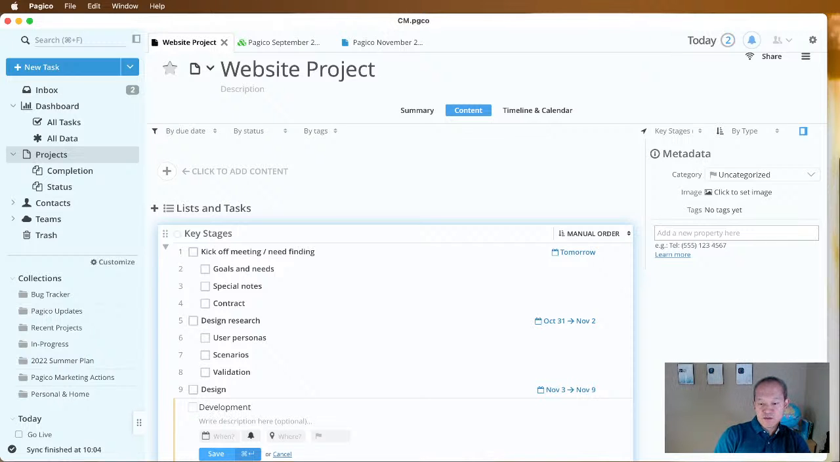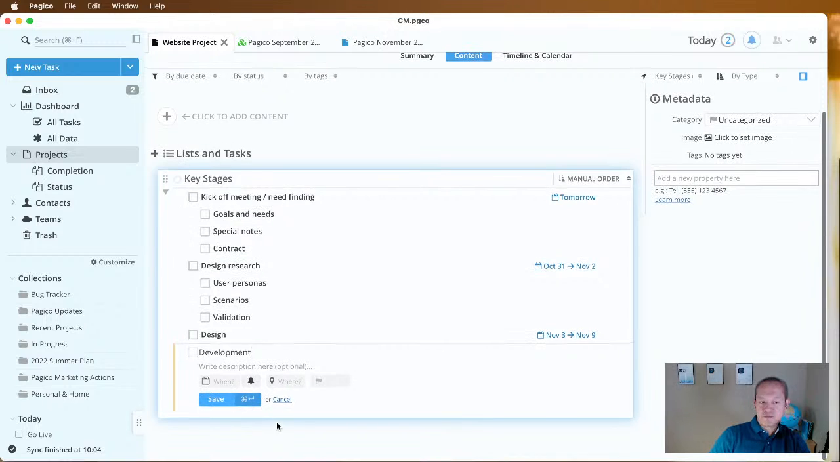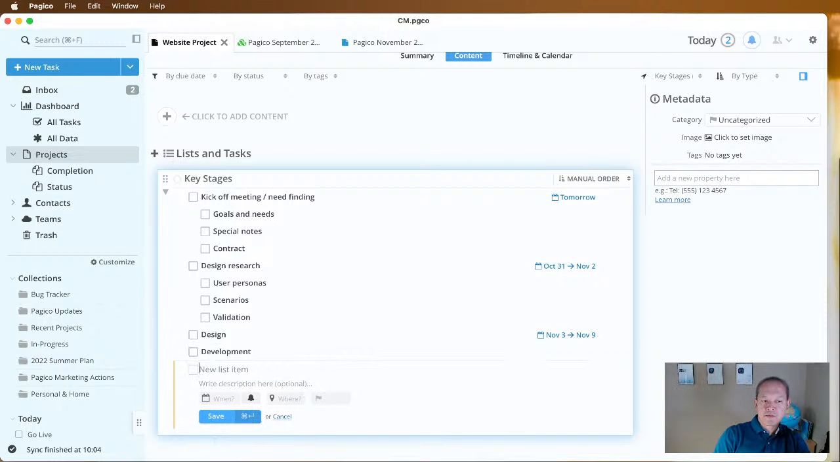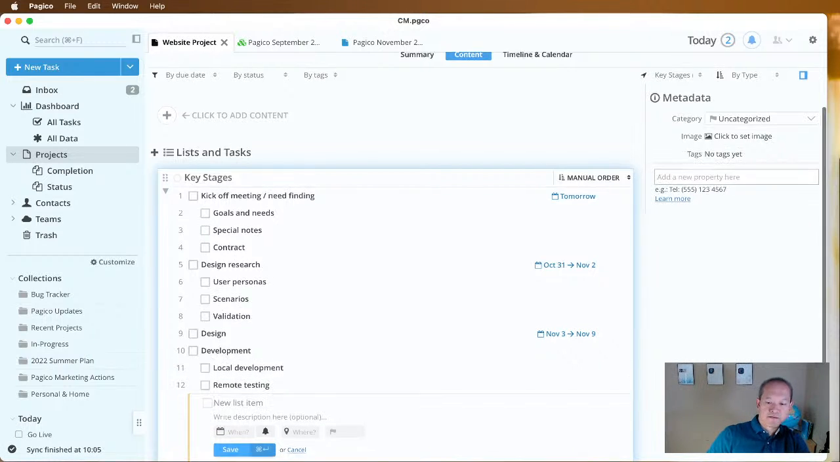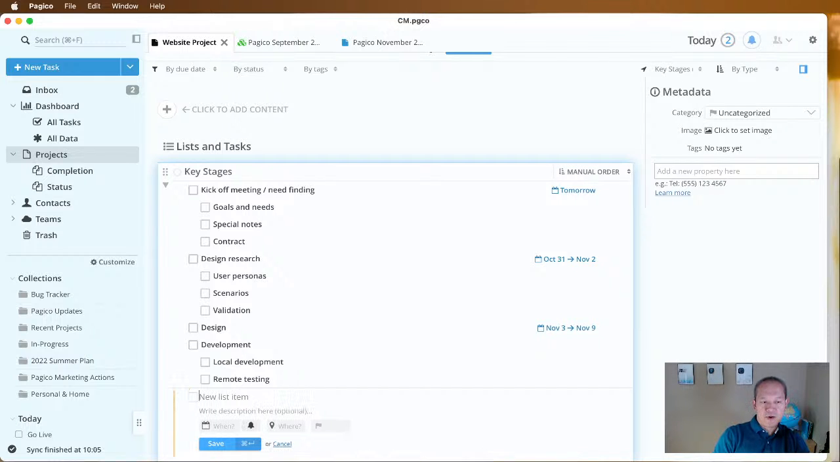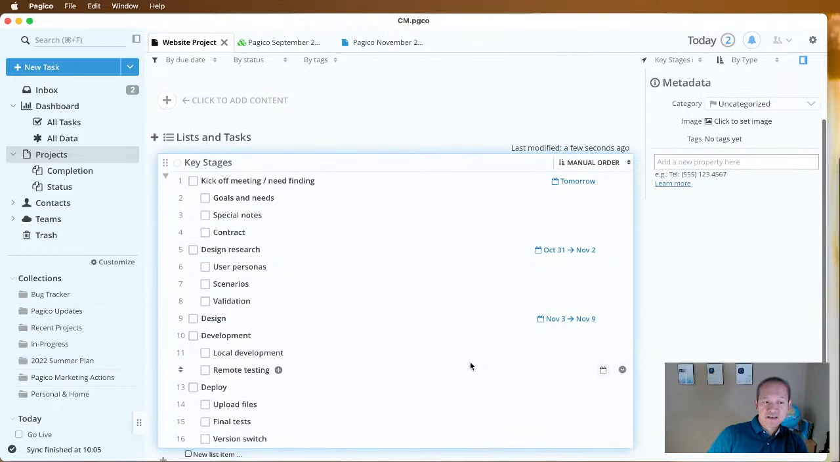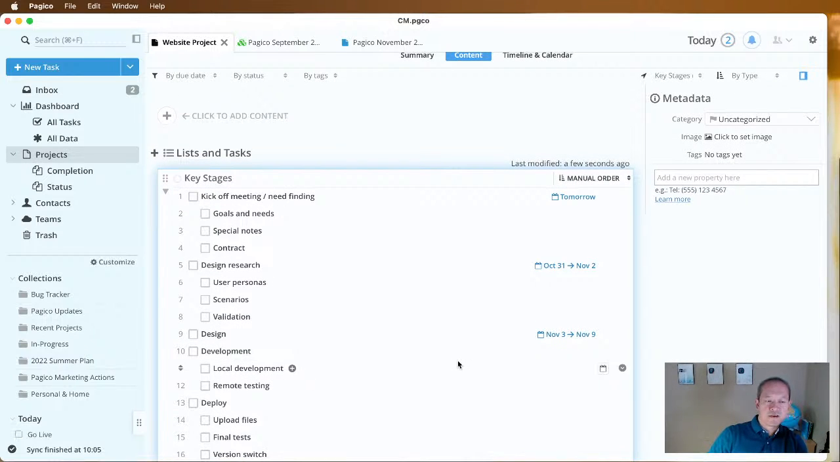Then followed by the development, right? So I'm going to save you some details, but the ideal is that development is going to be here, and development will involve local development and perhaps remote testing, things like that, right? And then finally, I would go back and do the deploy stage, right? Where I upload all the files, final tests, and finally do the version switch so that we're going live with the new web design, hopefully. And so that is a sort of a mock-up of a typical key stages process of my web design process,